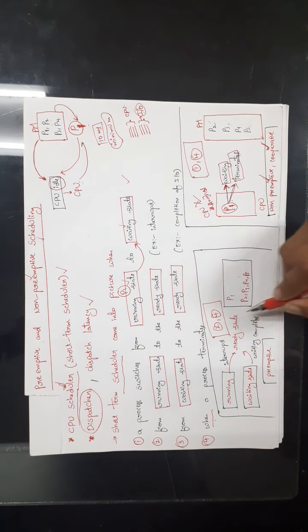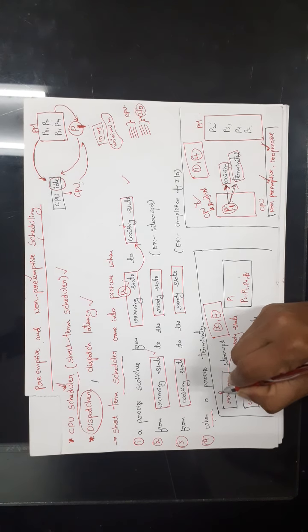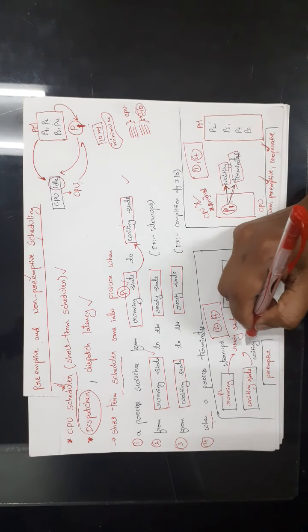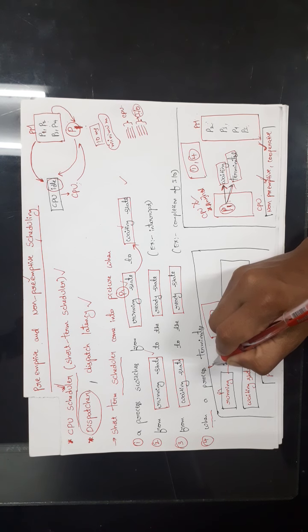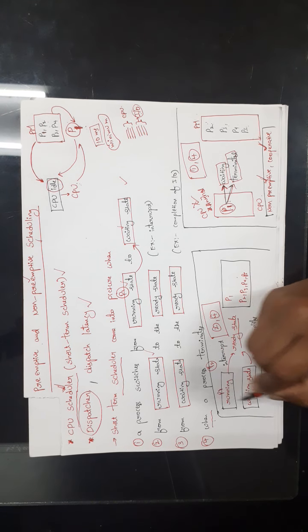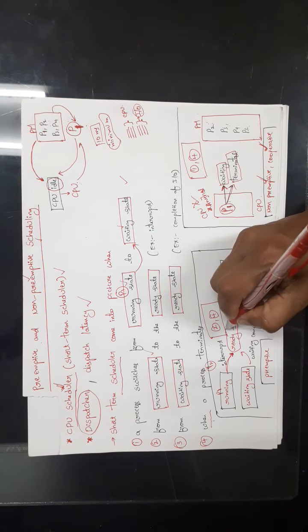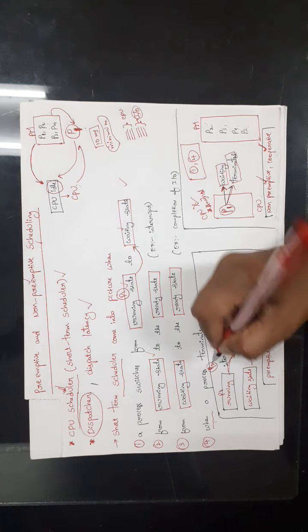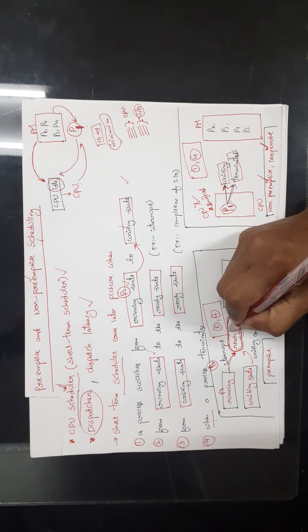And coming to the second and third situations, let us assume that a process is in running state. Let us assume that P1 is in running state. So when it is in running state, because of some interrupt, it may go to the ready state. Interrupt is nothing but, P1 is running, and at this moment one high priority process P2 has come. So what we should do? We should stop temporarily the execution of P1, right? That means we should move it to the ready state. That means whenever CPU is free, that means whenever P2 finished its execution, then it can take the CPU, right? So that's the reason it is called ready state. That means it is ready to execute.